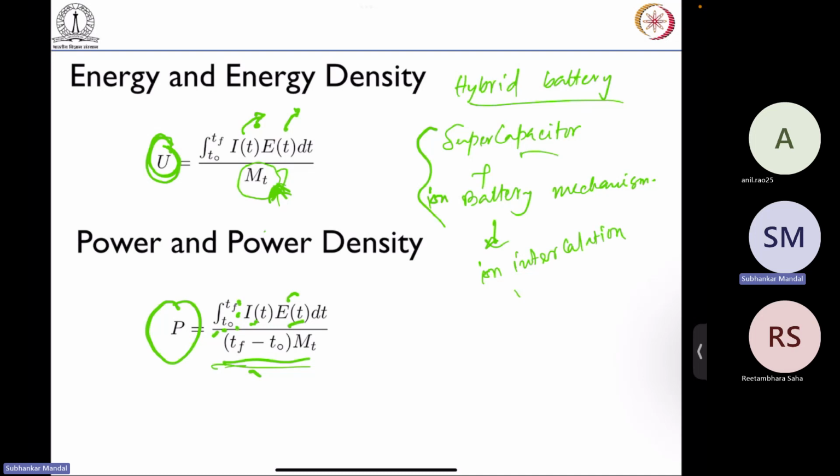So I will come to what is intercalation, all these new terms. I will introduce all these things. So basically, ion intercalation is to happen. This is a slow process, but in a capacitor, basically your charge is what is called accumulated on the surface. So you can take that ion easily from the surface, and again you can easily give the